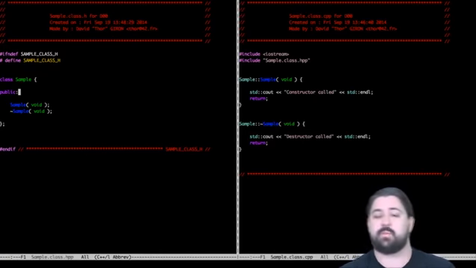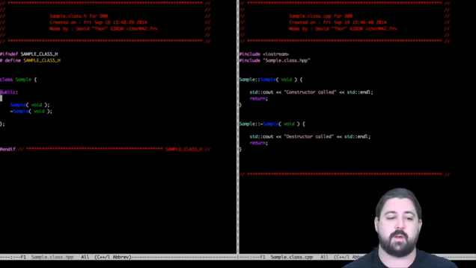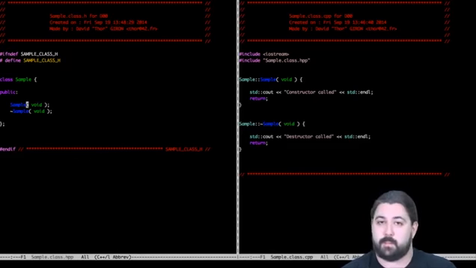You can see here that I added a public keyword. We won't worry about it for now. We will see in a future video what it means, but you might have already guessed. Then we have these two particular lines. These two lines will allow me to declare a constructor and a destructor for my class. For this, C++ uses the name of the class for the constructor and the name of the class preceded by a tilde for the destructor. The tilde is actually part of the name of my class's destruction function.